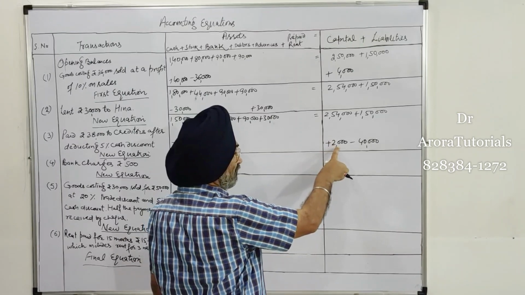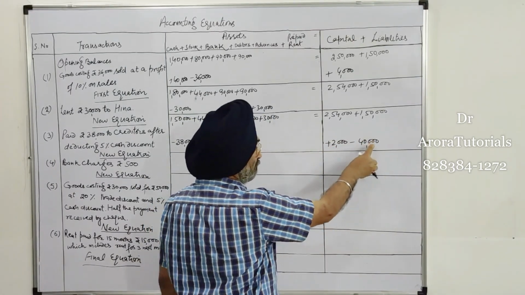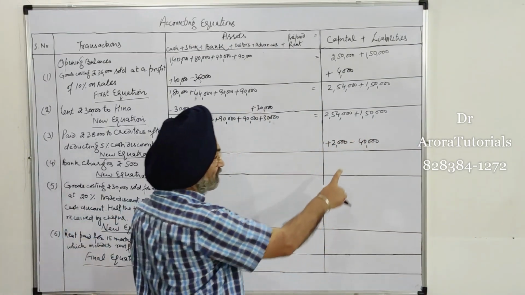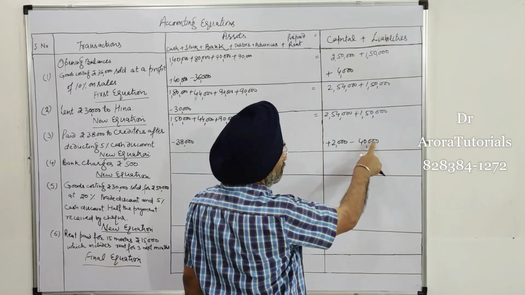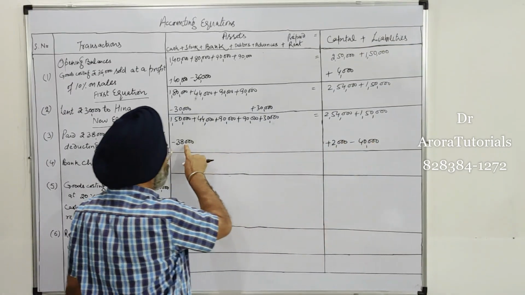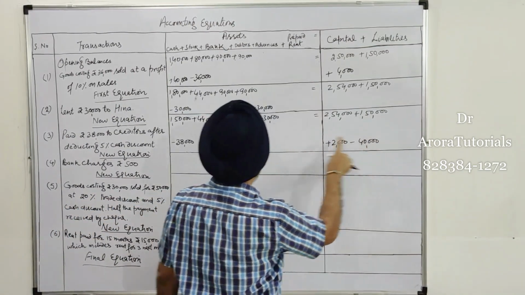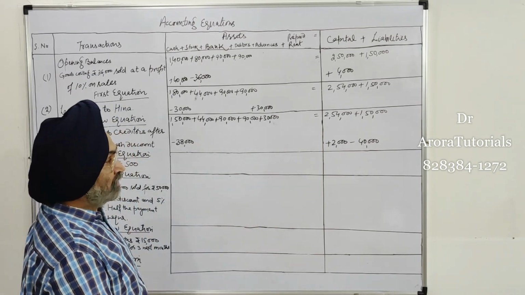So 2,000 is 5% of this amount. This amount was payable and this amount was not given to us. Had we been given this amount, we would have simply calculated 5% of this. This is the amount payable, this is the amount paid. So you may calculate 5% of this or 5 upon 95 of this. The figure will come out to be the same.